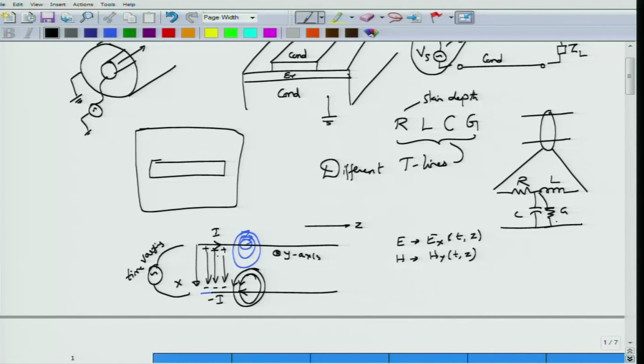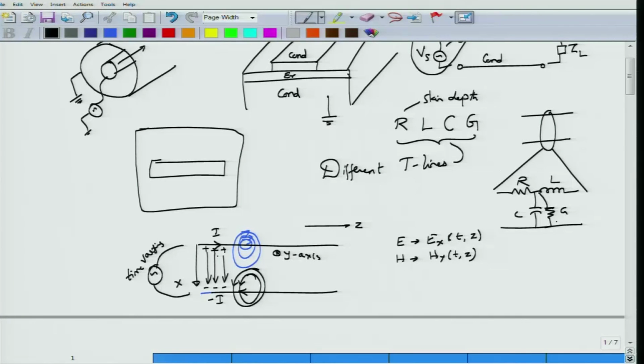So the potential difference between two points on the transmission line is actually dependent on the position of the point you are taking along the transmission line. If you imagine yourself walking down the transmission line carrying a voltmeter, this voltmeter would read different values of the potential if the time is constant. So imagine that time is held constant and you are able to walk along the transmission line with your voltmeter or an oscilloscope. What you would see is that the potential is different at different points on the transmission